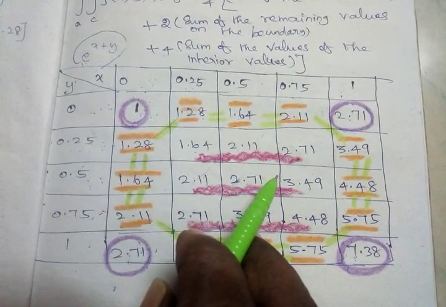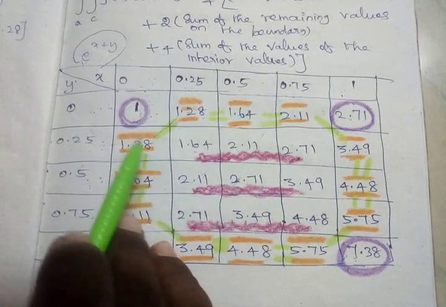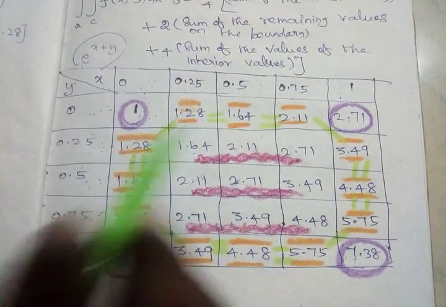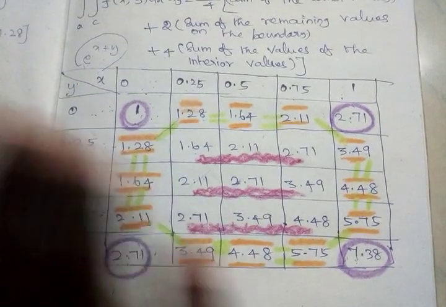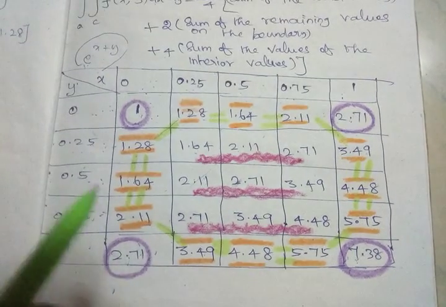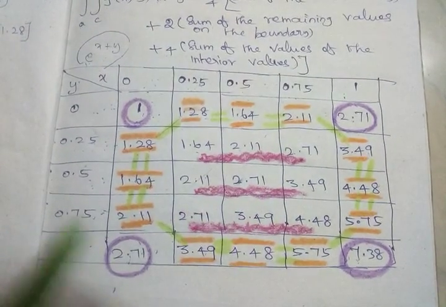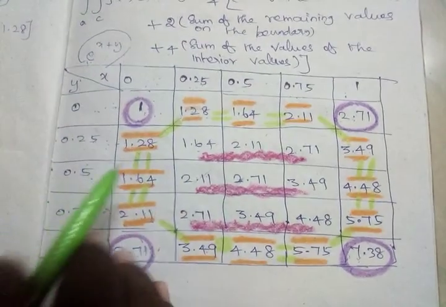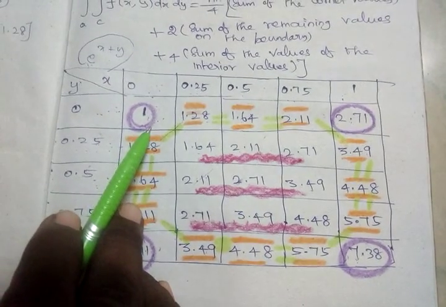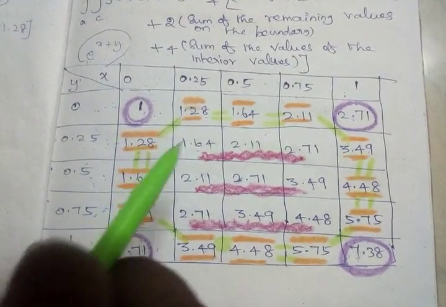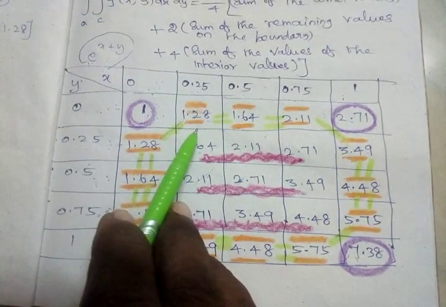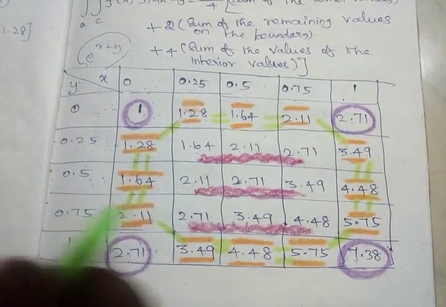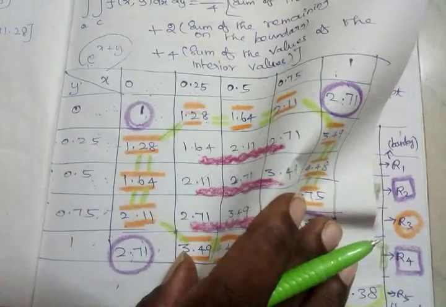Second thing, boundary values. In boundary values, we are going to divide 2 things. One are corner values. Other things are boundary values except the corner values. So there are 3 things: corner values, and then except the corner values, those in the boundaries, and then interior values. Are you clear? So one color, violet color, there are 4 values, and the next one orange, except the 4 values, and then pink colors, there are 9 values. So using these values, applying the formula, we will get the result.